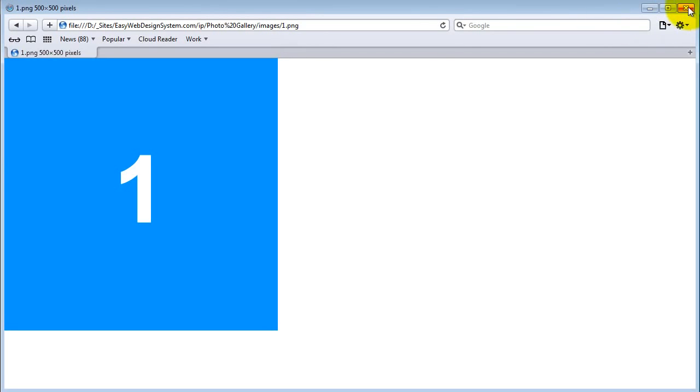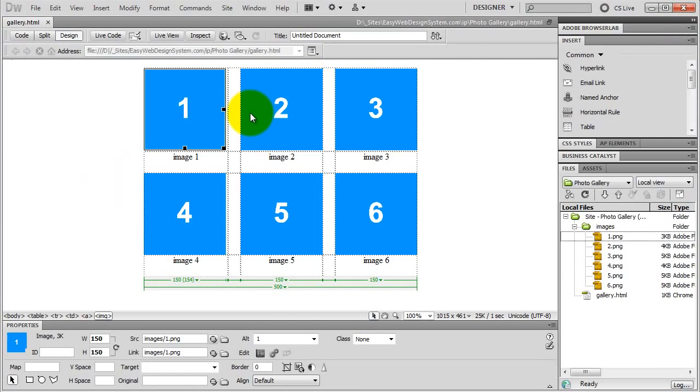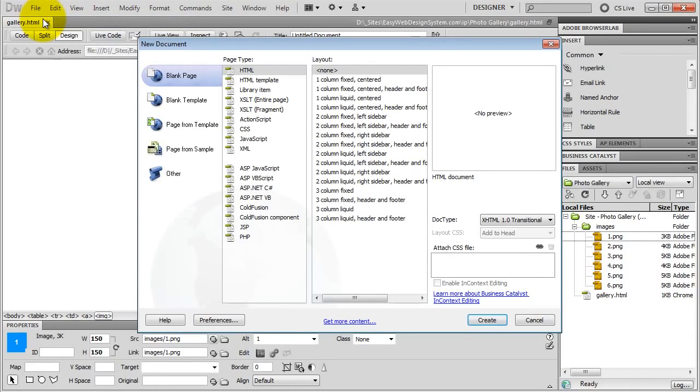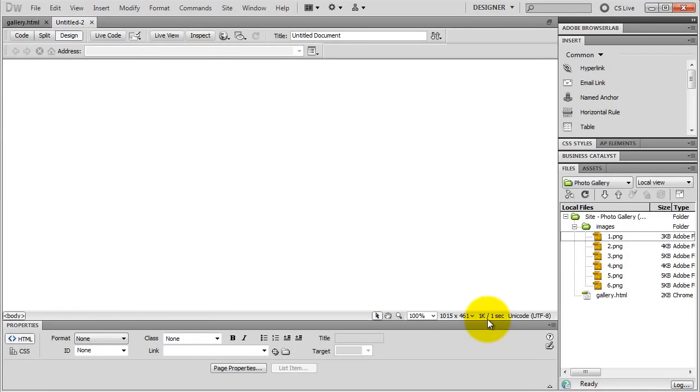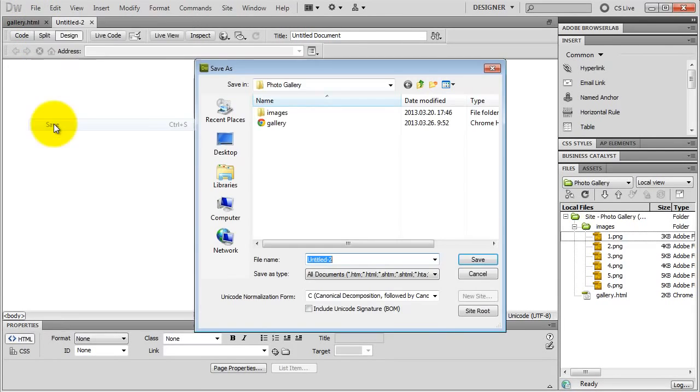Go back to Dreamweaver and let's go under File and New, and let's create a new HTML page. No layout, just click Create, and let's save this page real quick. The file name will be 1.html for image 1. Click Save,